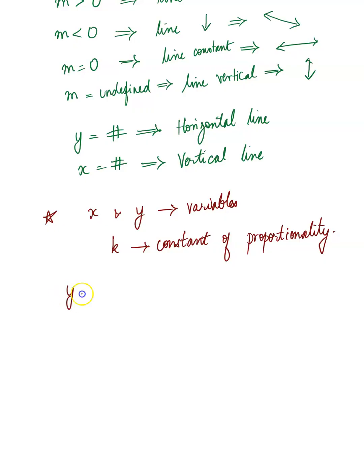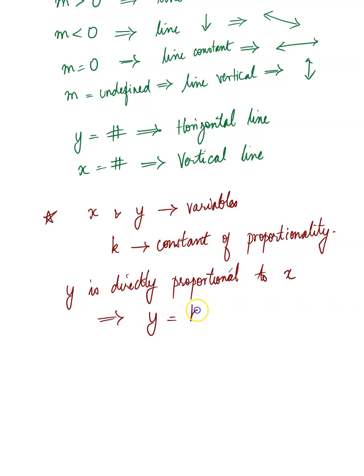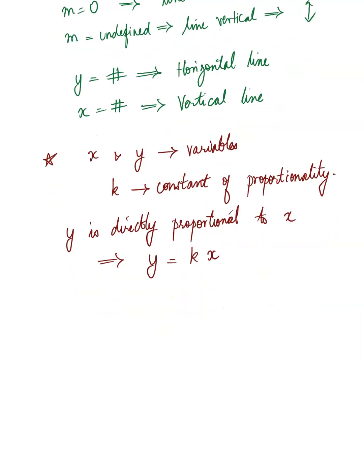So if I say y is directly proportional to x, that implies you set up your equation as y equals kx, where k is the constant of proportionality. That gives us the rate at which the two variables vary. And if y is inversely proportional,